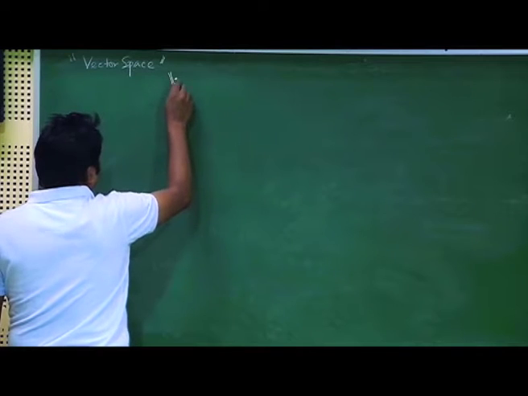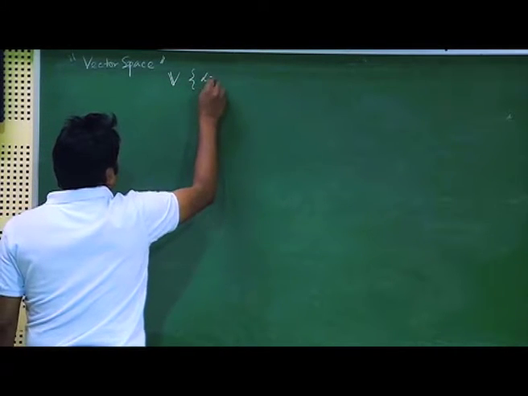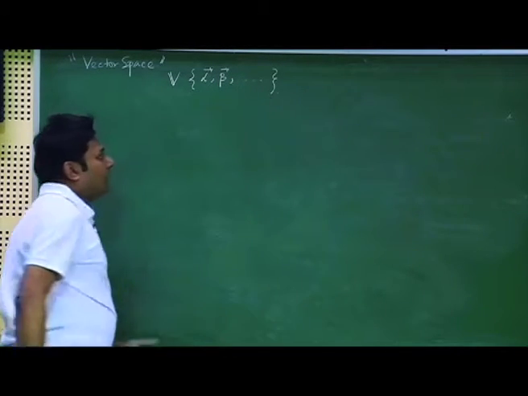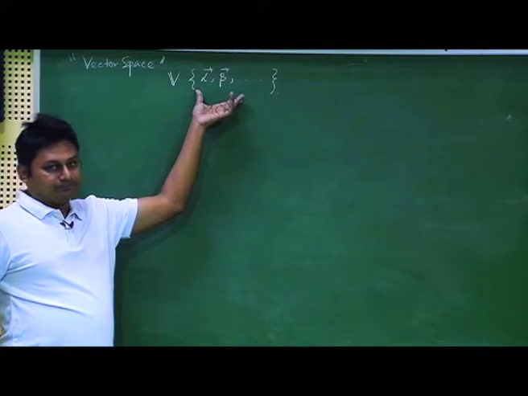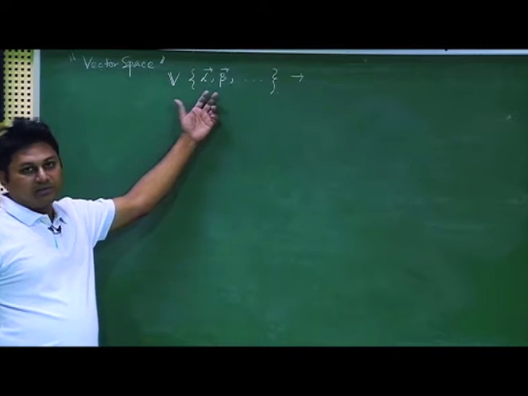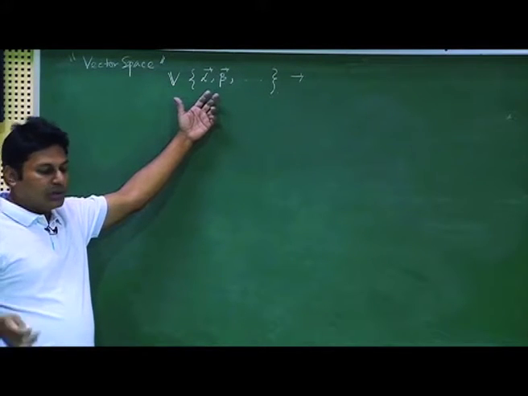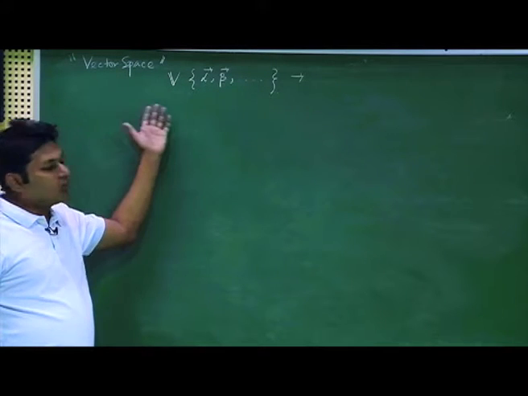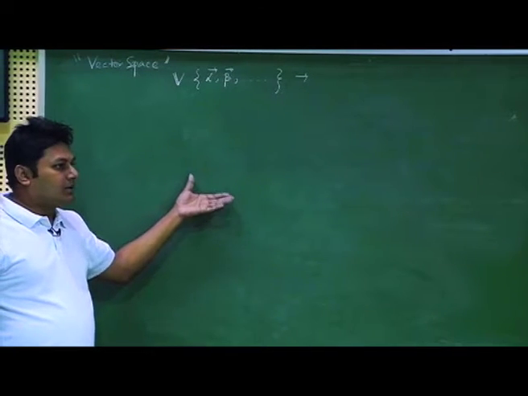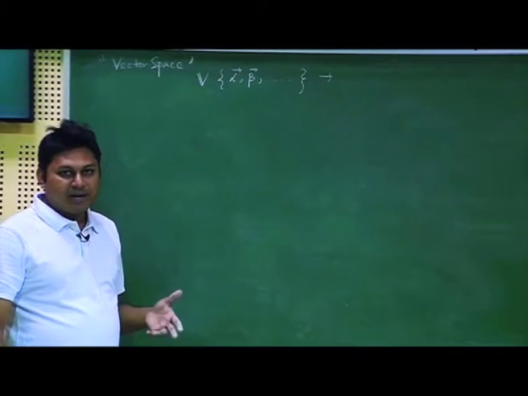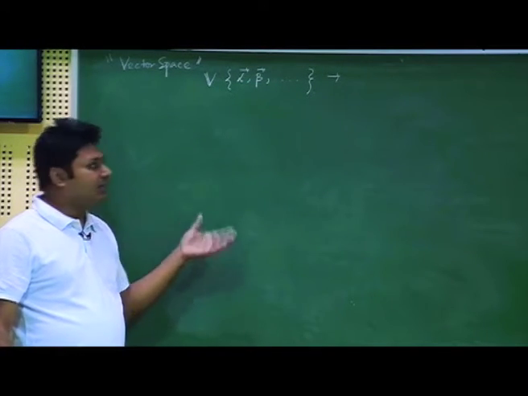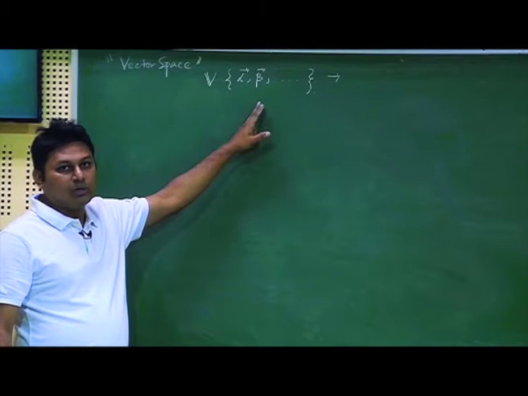So say V is a set of elements alpha, beta. I call these elements vector elements, that is why I put a vector sign. Please do not confuse this with a normal vector, this can be anything. We will show an example that a vector space is not only for the standard vectors we know, which have a direction and magnitude, but the 2 by 2 matrices or n by n matrices also form a vector space, which follow this definition. It is not necessarily that all the vectors we know form the vector space.